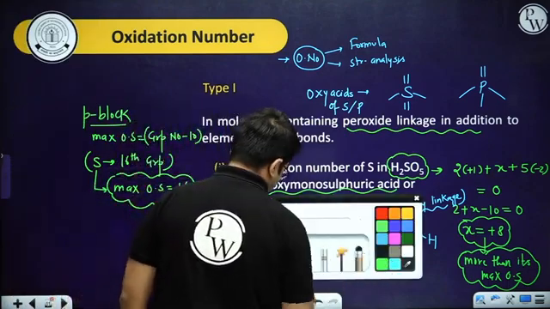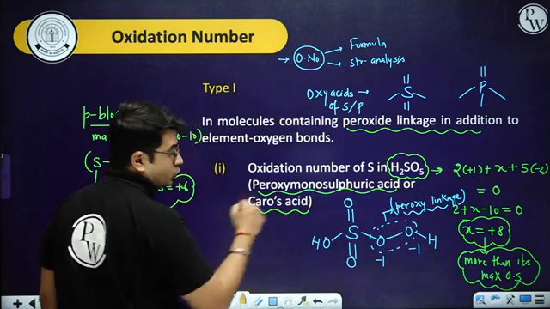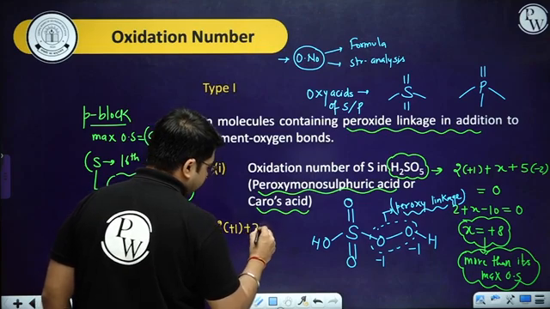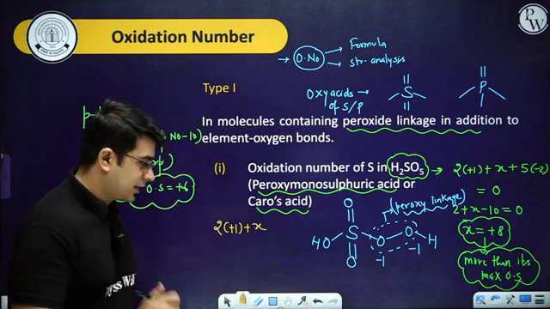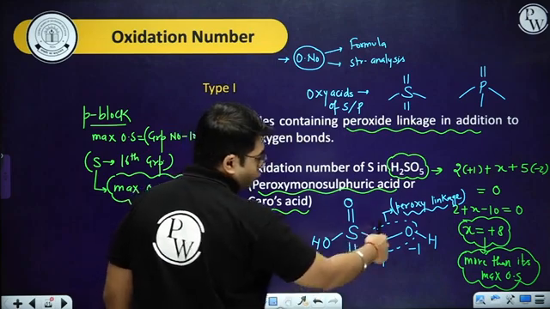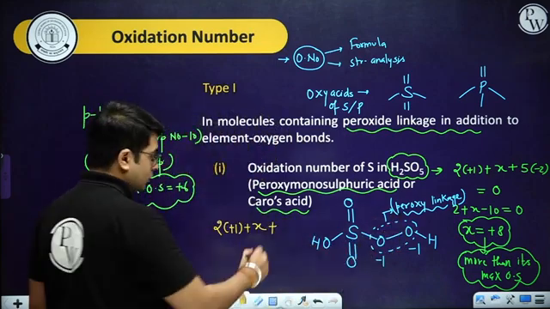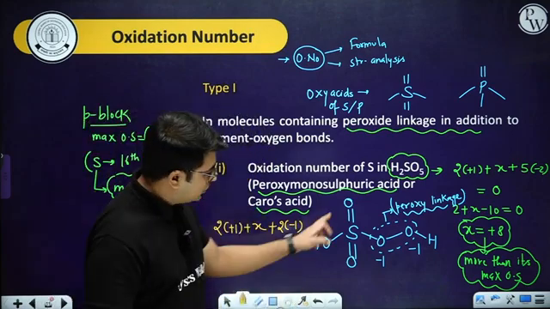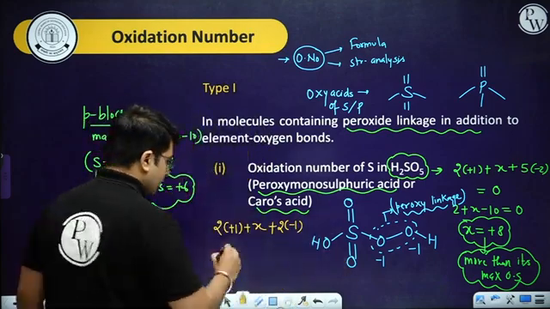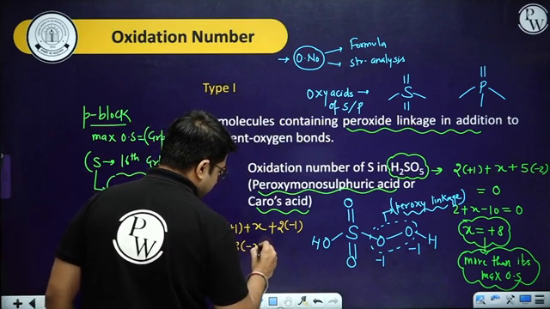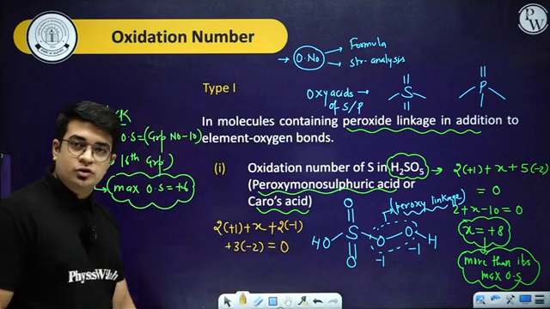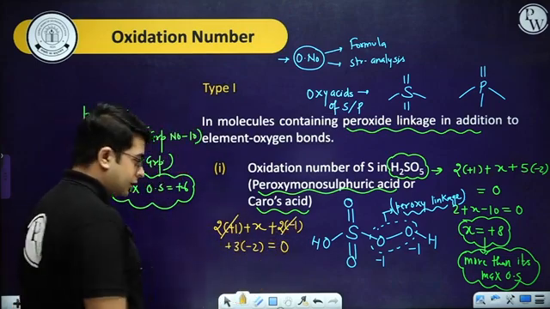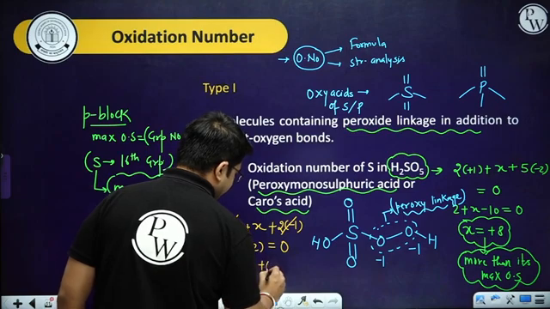Now in this case, which is H2SO5, I can say two hydrogens are there having +1 charge. Sulfur is only one, having oxidation number X plus. Now you can see two oxygens are in peroxy linkage, which means -1. The remaining three oxygens are simple oxides, so they are in -2, and the entire compound will be equal to 0. Now +2 and -2 cancel out each other, and you can say X is actually coming out as +6.